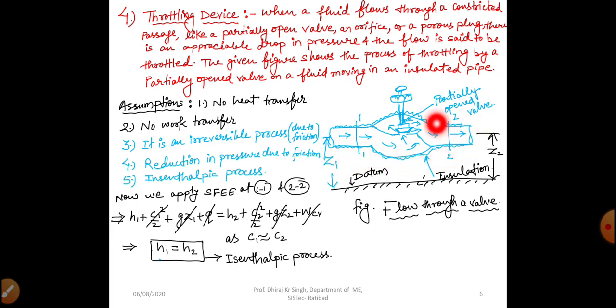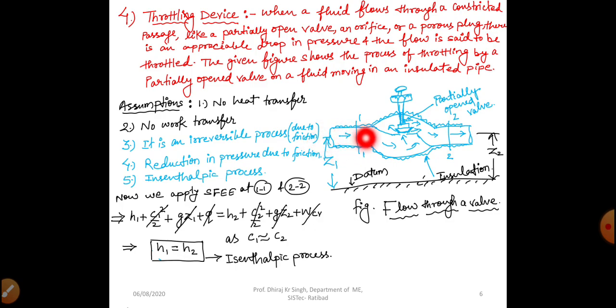Here we can see the sign of insulation. So this device is insulated. So dear students, what we are doing basically, sorry, this is not a diffuser, right? This is basically a throttling device. A diffuser is a device in which the exit cross section area will increase. So this is our throttling device.